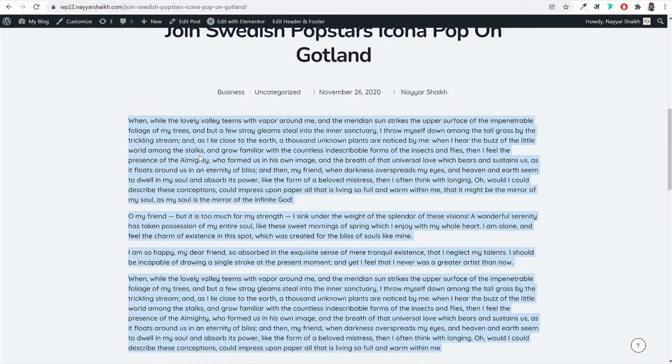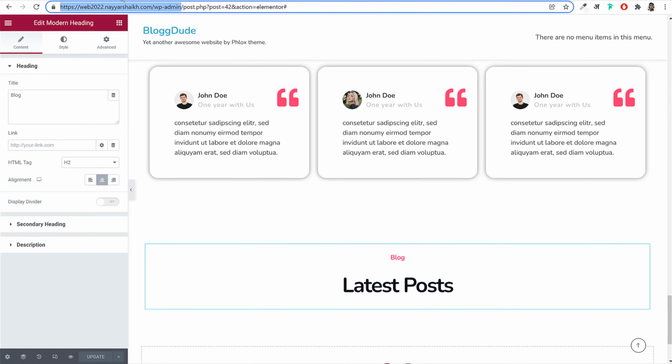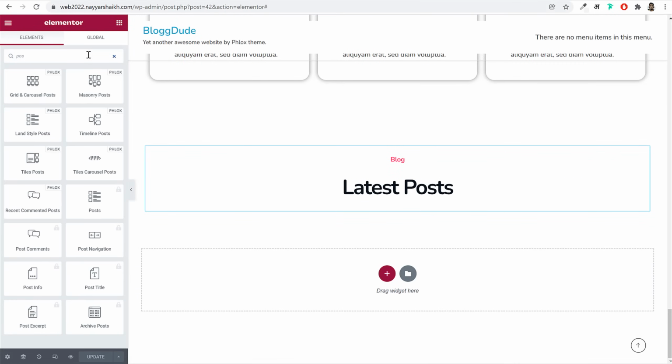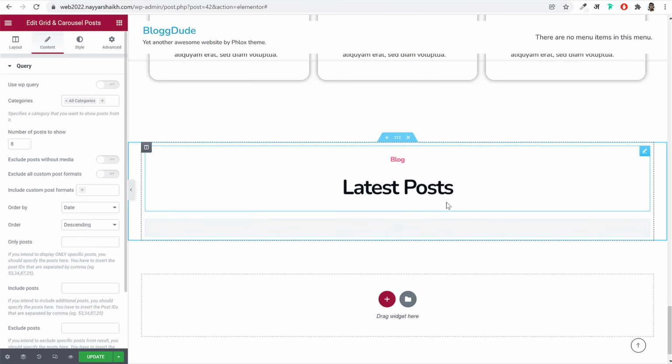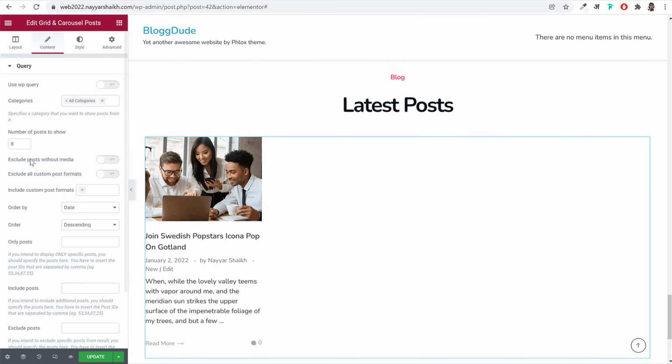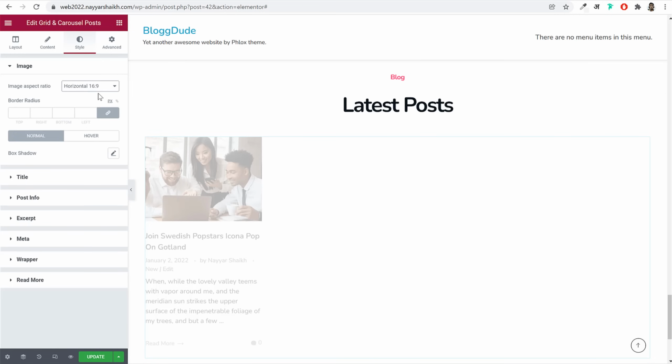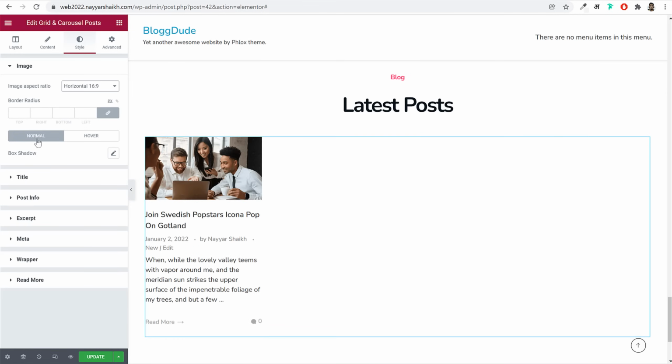Now, once you have created your first blog post, we can go ahead and add that option. So search for post option. Let's use this one, grid and carousel post. Drag and drop it over here. Now how many do you want to display per page? So we want to display only 3 blog posts over here, so we'll type in 3. Then let's go to styling and change this. For the image aspect ratio, we want to select this option, horizontal 16:9. Then we also want some border radius, so maybe 20 pixels, maybe not 20, 10 pixels of